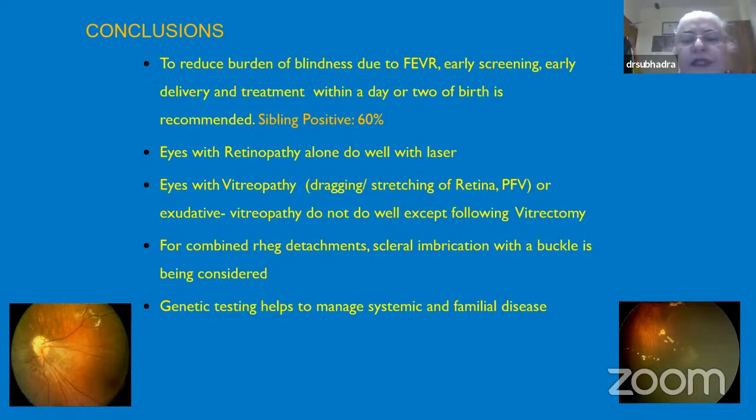If there's only retinopathy, then eyes will do well with laser, but they need long-term close follow-ups because they can get recurrences. But if there's vitreopathy, that is, there's dragging or the retina is stretched, or there's a fold, or there's a persistent fetal vasculature stalk, or there's an exudation, then they don't do well unless we do an early vitrectomy. If they are combined,